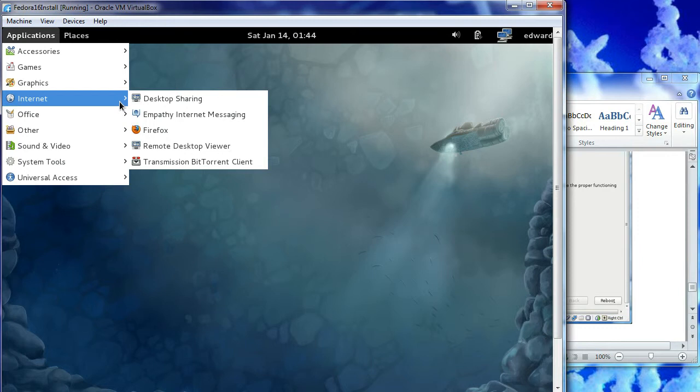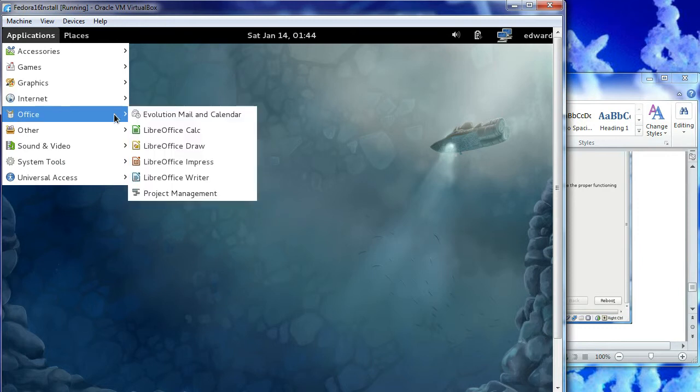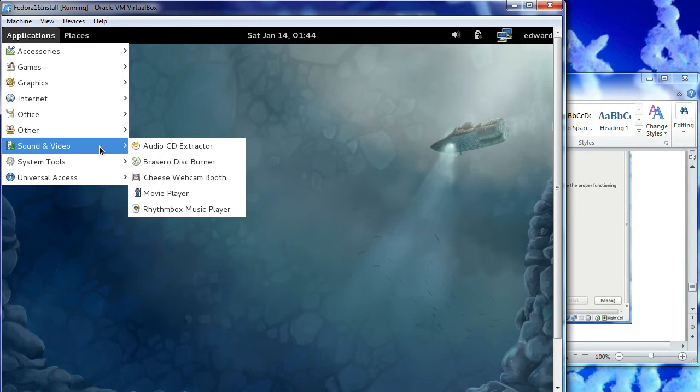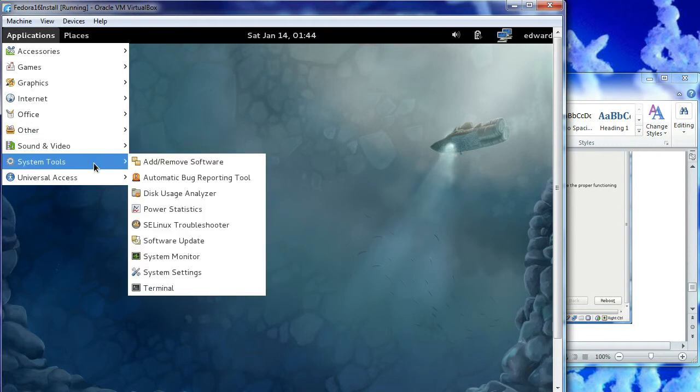Firefox is installed. You have a BitTorrent client. You have a full version of Office, even though it's not Microsoft Office. It's a variant of OpenOffice. Some other things you're able to do: set up printing, software settings, play with your firewall settings. You're able to rip CDs, burn CDs, play movies. Your system tools allow you to add and remove software, see what's going on with the system,